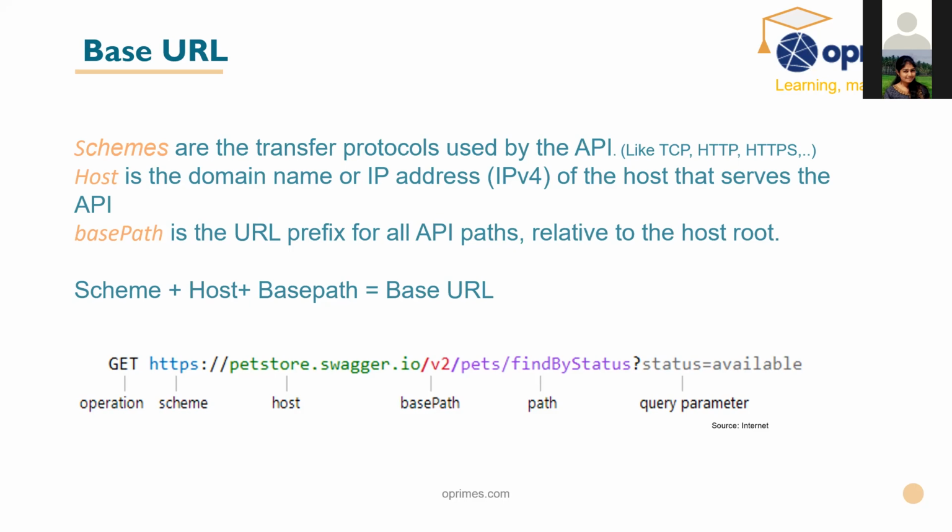Okay, so base URL is nothing but the combination of scheme, host and base path. Okay, we will discuss each one of these in detail. Whereas scheme is the protocol, protocols like TCP, HTTP, HTTPS. We will give you some more reference materials with the additional protocols also, so you will get to know all of it. But the most used protocols in APIs are HTTP, HTTPS, or sometimes TCP. I'll explain these three for now, but we'll give you more references to the remaining protocols and networks.